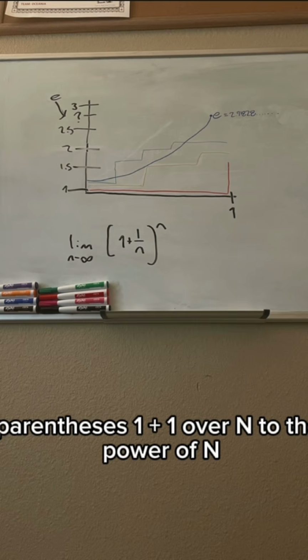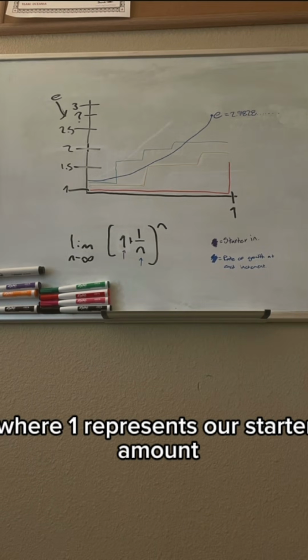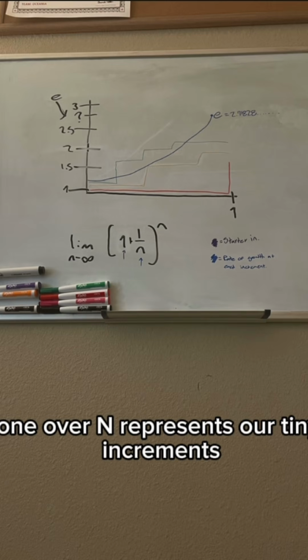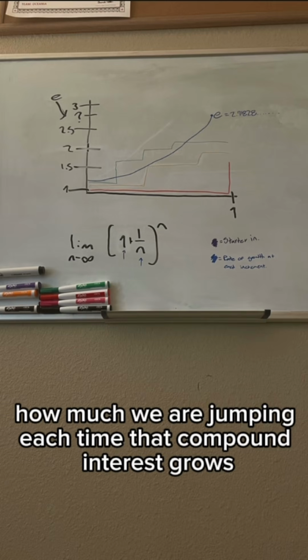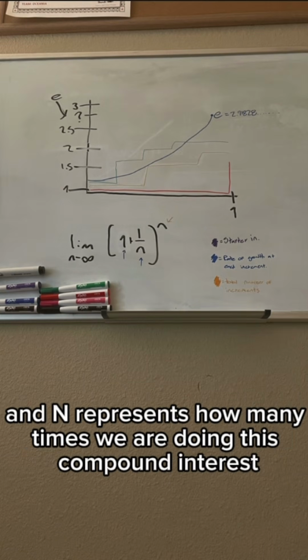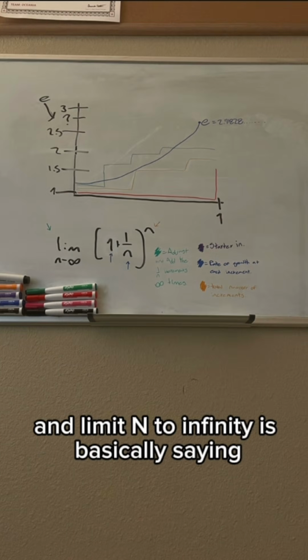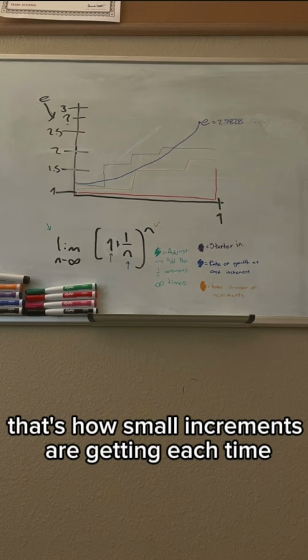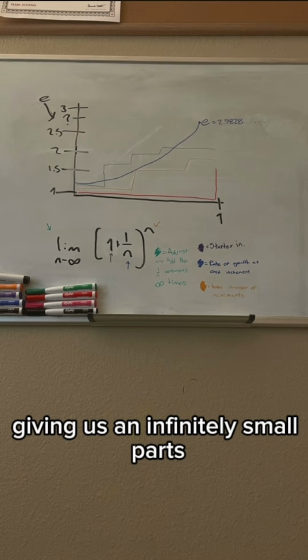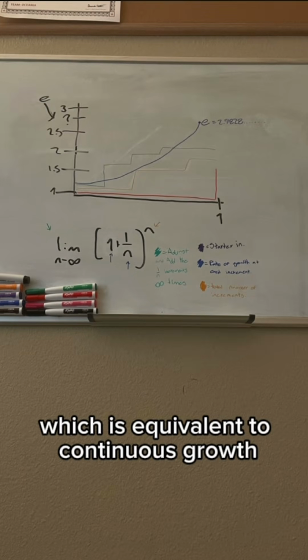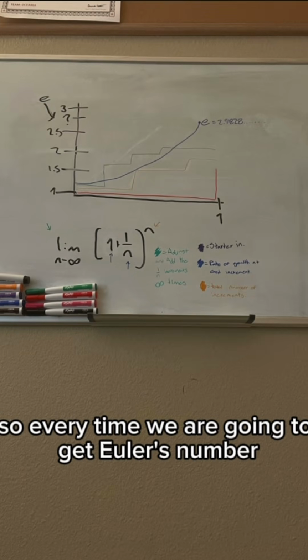to the power of n, where 1 represents our starter amount, 1 over n represents our tiny increments, how much we are jumping each time that compound interest grows, and n represents how many times we are doing this compound interest, and limit n to infinity is basically saying that's how small the increments are getting each time, giving us infinitely small parts, which is equivalent to continuous growth. So every time we are going to get